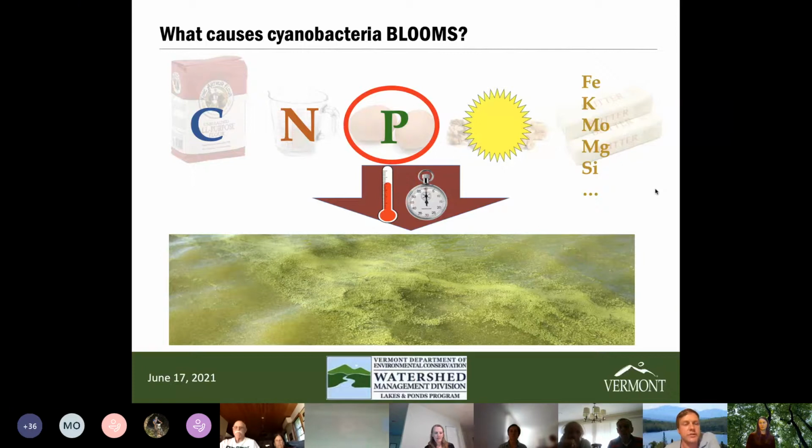So again, going back to the analogy, if you had all the flour in the world and all the sugar in the world, but only 2 eggs, then you couldn't make that many cookies. And if you went down to 1 egg, then you could only make half as many cookies. So in this analogy, the eggs would be the limiting nutrient, and in this case, phosphorus is the limiting nutrient in our lakes. That's why we target so many efforts at reducing phosphorus in all the lakes in Vermont.